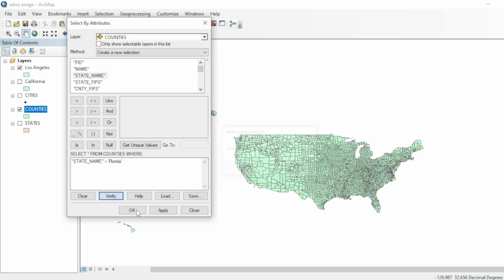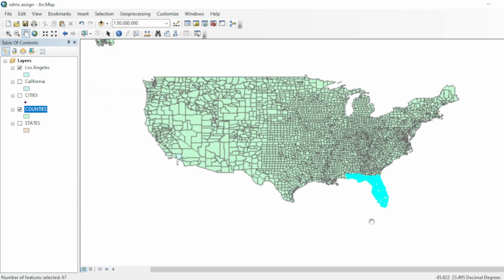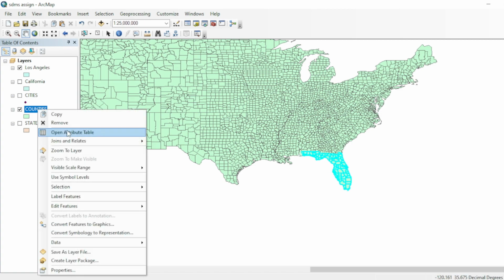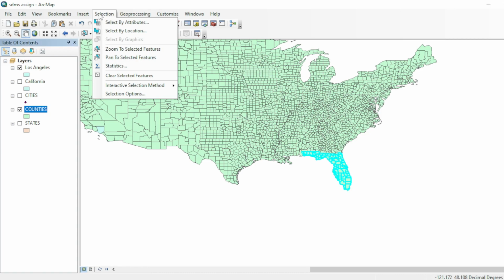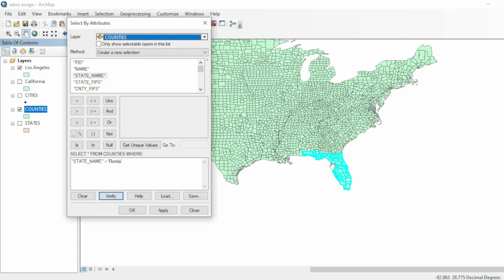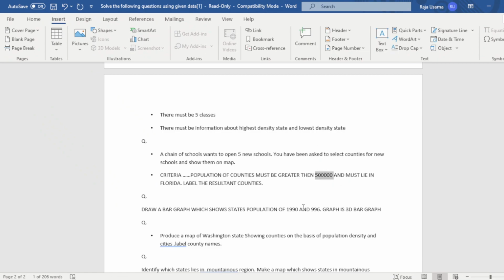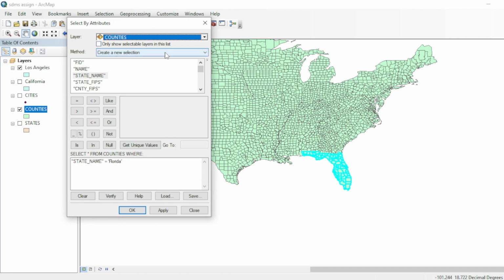Verify your query and OK. So these are the counties that are in the state of Florida. Now we will select those counties where the population is greater than this value. Copy this and now